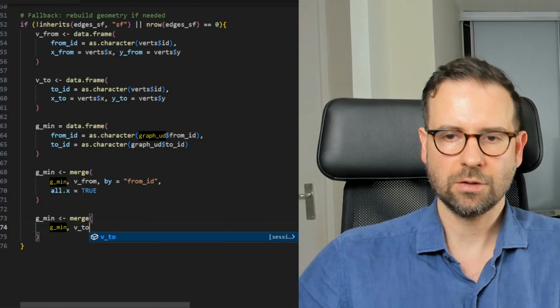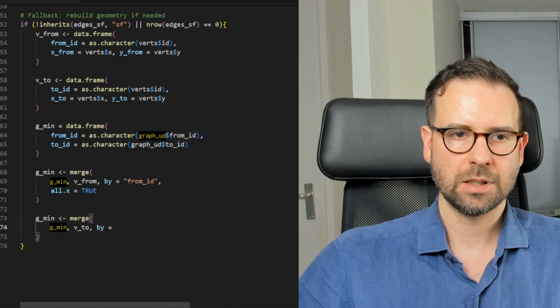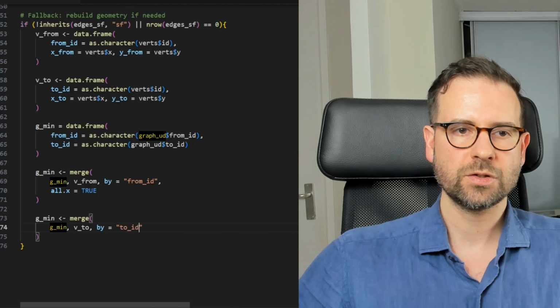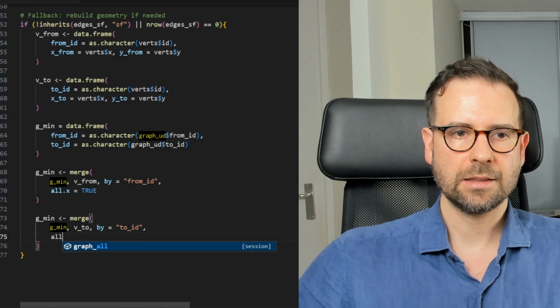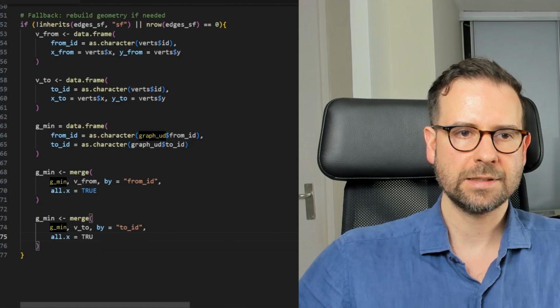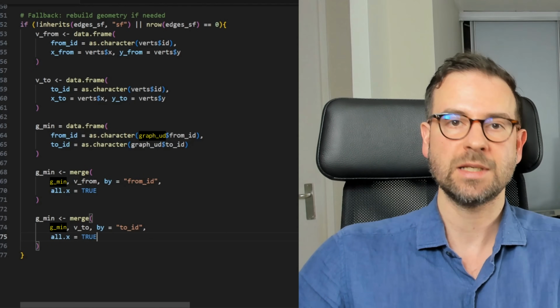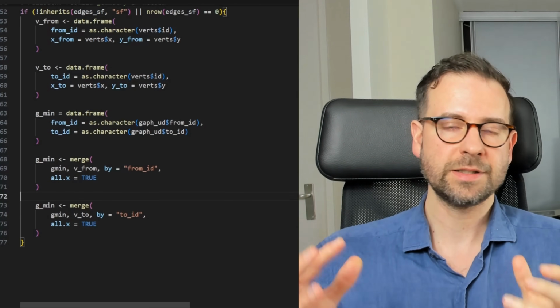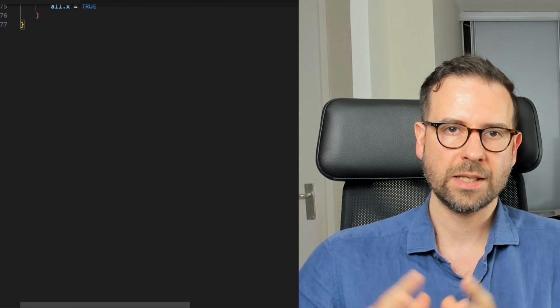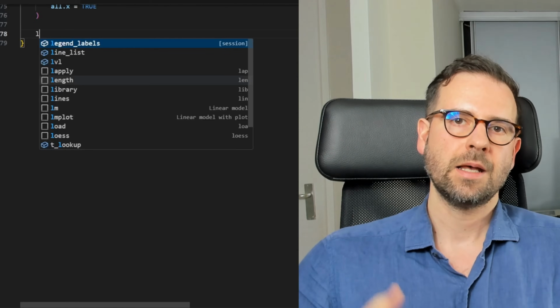And the only thing we will change here, of course, is the column name. It's going to be a different one, so it's going to be the 2 ID. And again, we're going to be keeping everything that exists already from the X, so the first object, which is gmin in this. Okay, so now that we merged together these three objects, so we have our undirected graph,